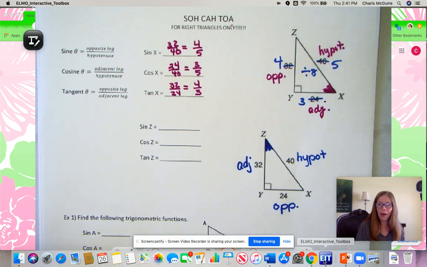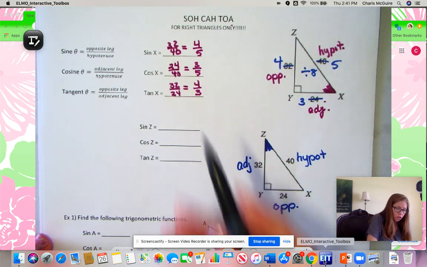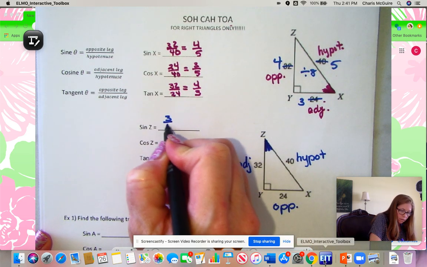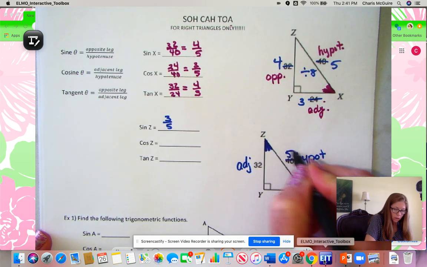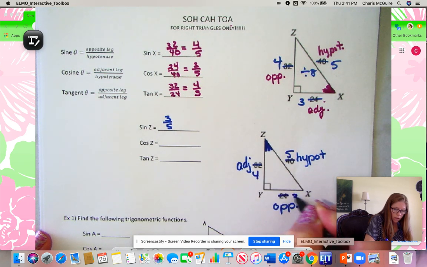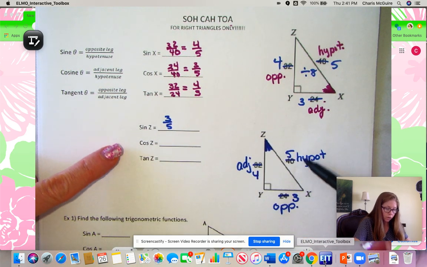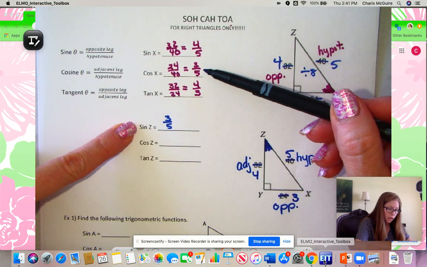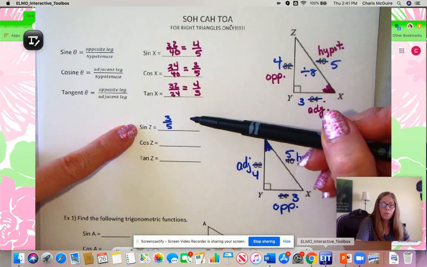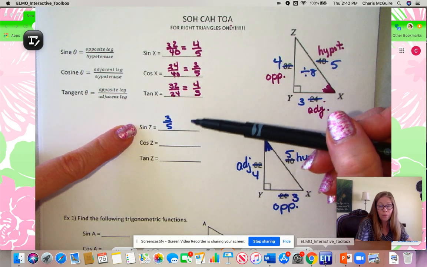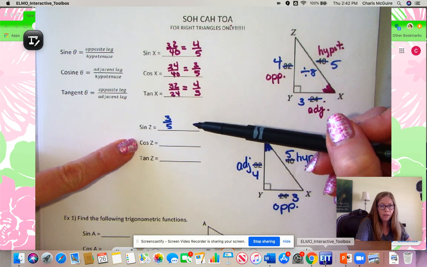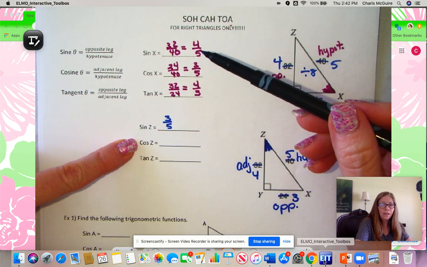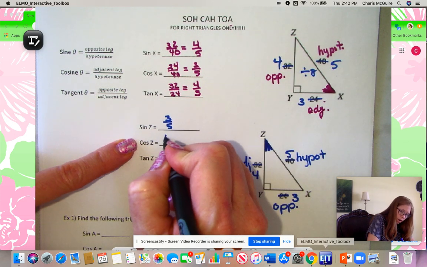All right, so now that you have those answers, and I don't have mine written down, so for the sine of Z, you should have gotten 3/5, right? Because we're doing the opposite over the hypotenuse. Let's go ahead and reduce these, right? We already know, because it's the same triangle that I gave you before. So we've got 3/5. And notice that the cosine of X and the sine of Z, right? Because those angles are complementary in nature, and the opposite side and the adjacent side flipped. So cosine of Z is going to be the same thing as the sine of X. It's the 4/5,